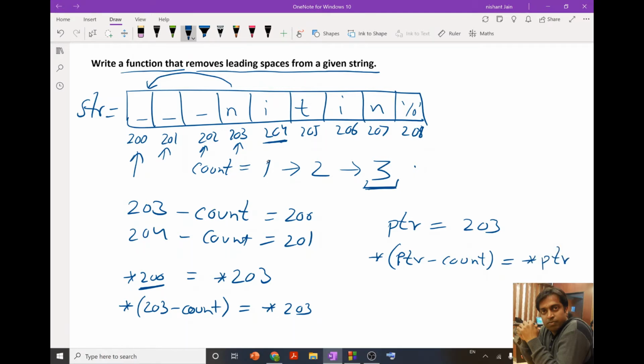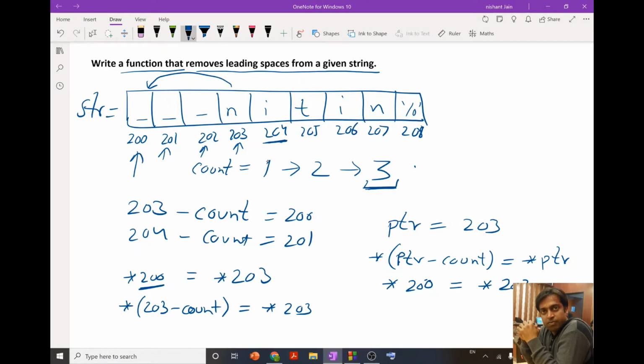So when ptr is 203, it becomes 200 equals star 203. So the value at 203 will be copied to 200.